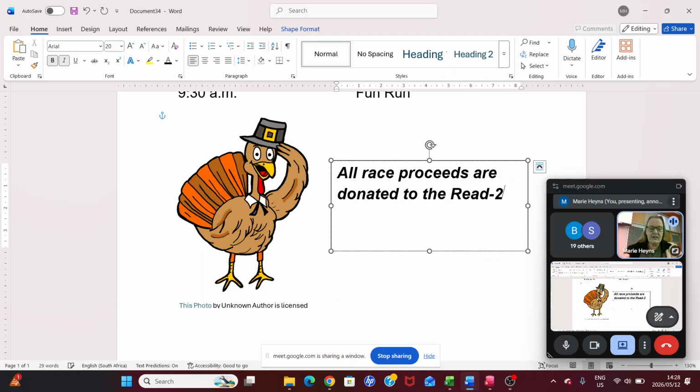Okay, read to learn. Literacy program for inner city youth. Okay, and what else do we need? The text box lines and fill center.